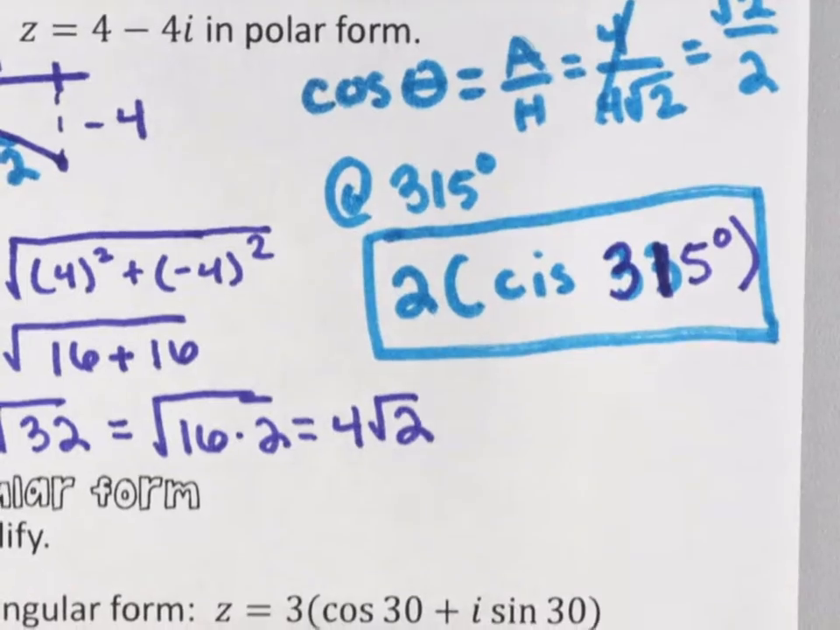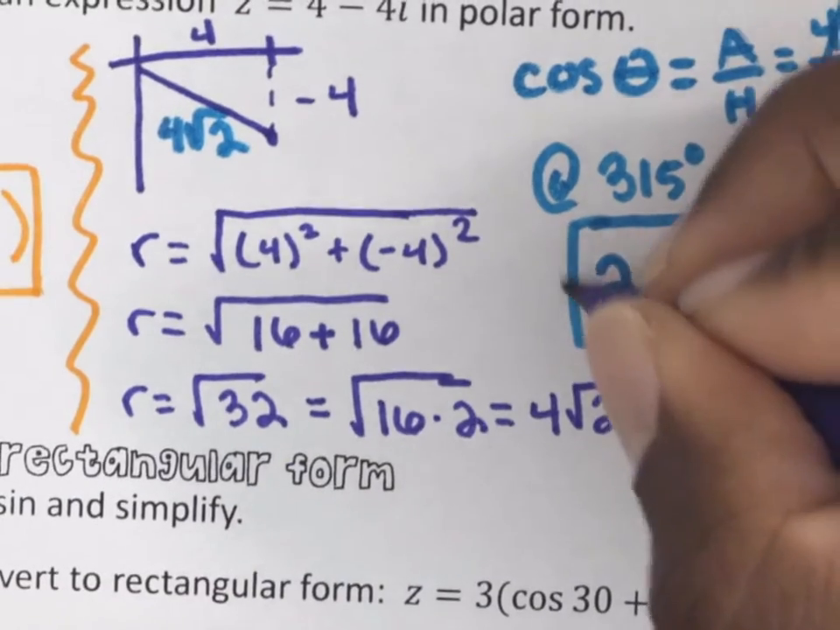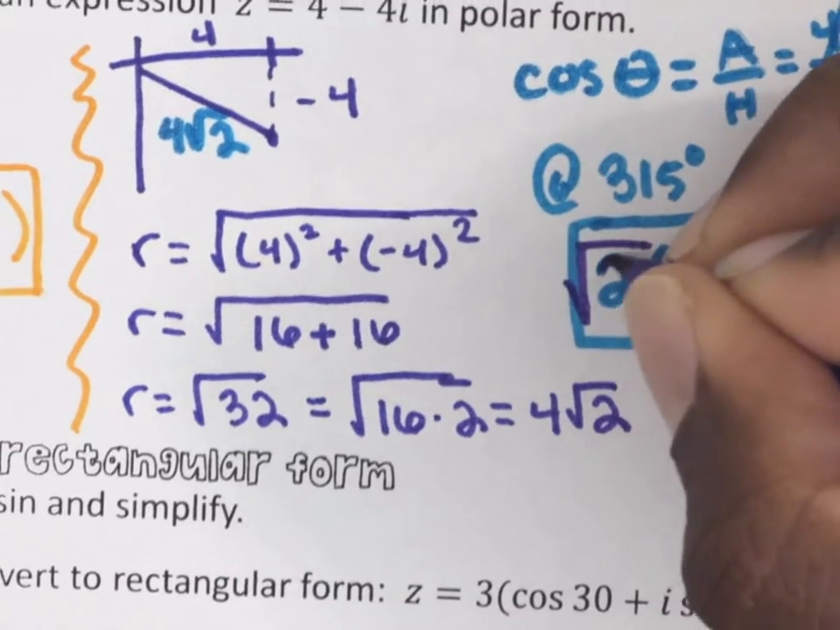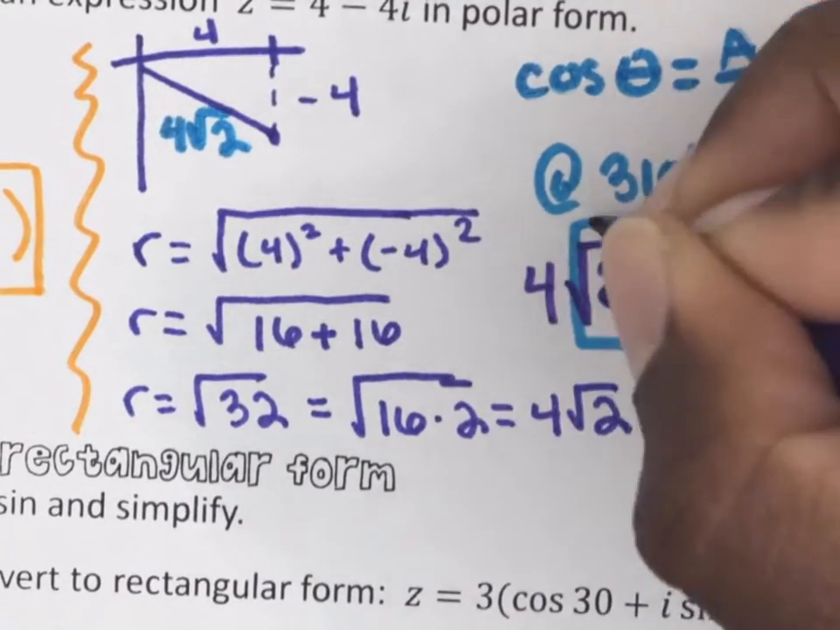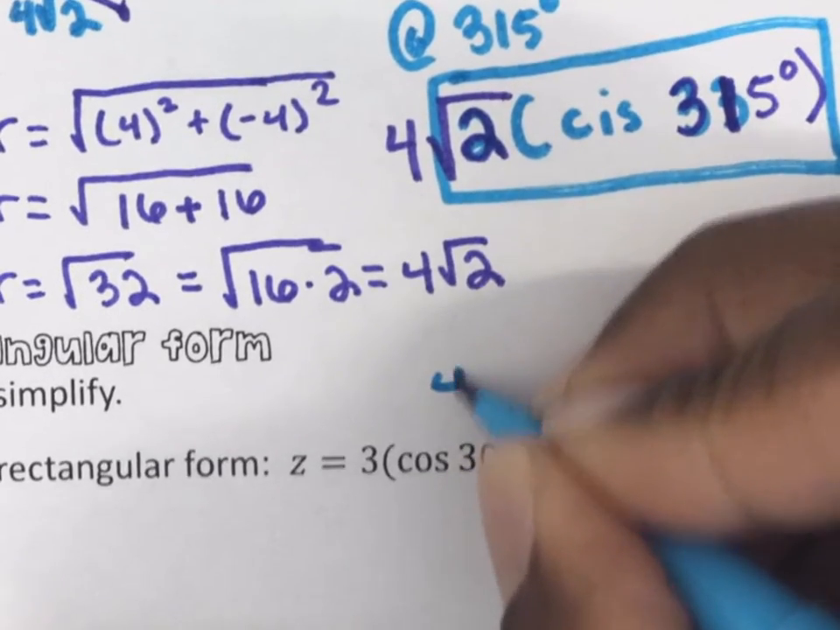Wait, what did you just write? What is that? Oh, I'm sorry, 4 root 2. My bad. I was really confused. I apologize. Oh, okay. I wrote it wrong. So it should be